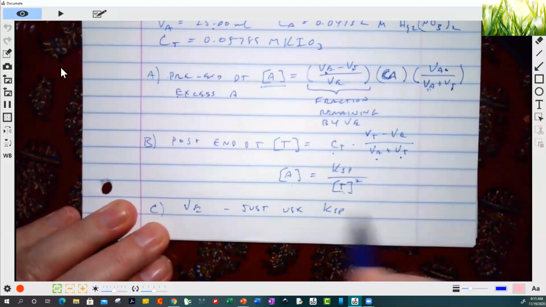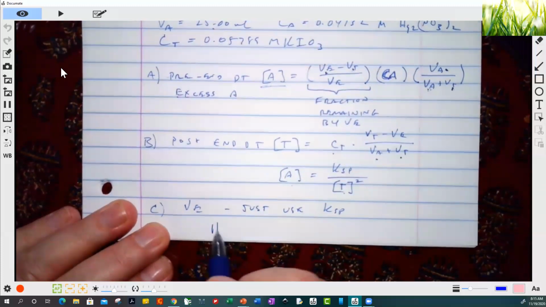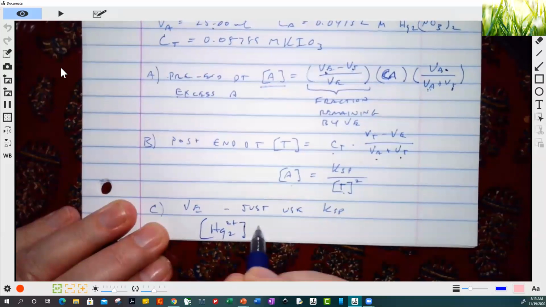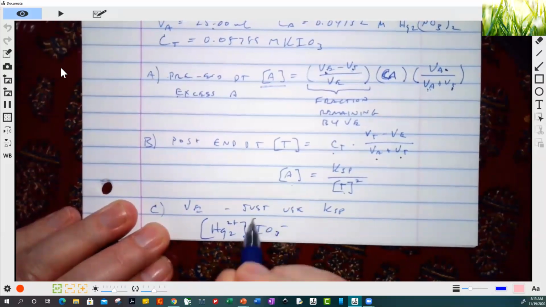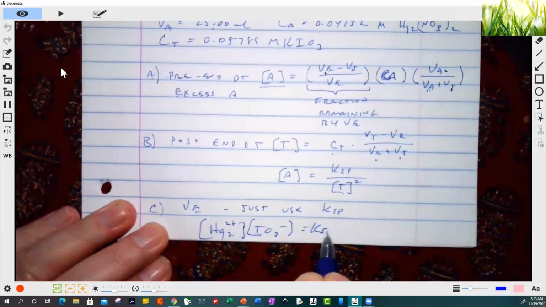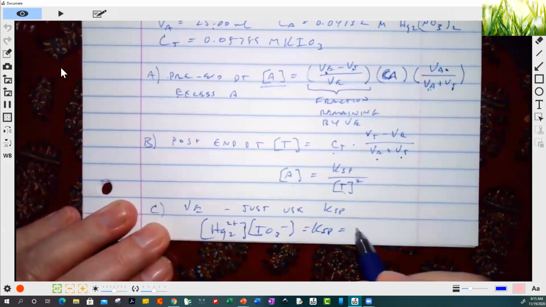Okay, so this is the case where you'd say Hg2 plus times iodate minus equals KSP, and that will equal X,